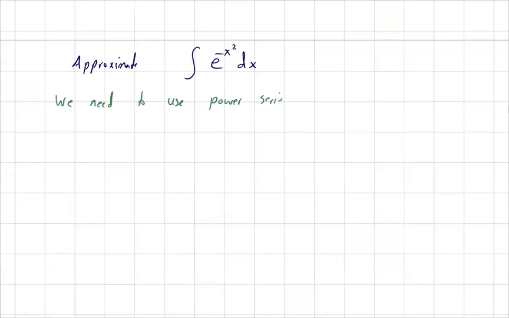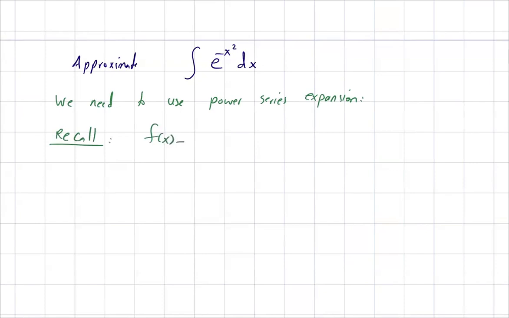The question says, approximate the integral of e to the power negative x squared dx. First of all, to calculate this integral, the regular methods that we're using in the class don't work. So we have to use power series expansion. Recall that